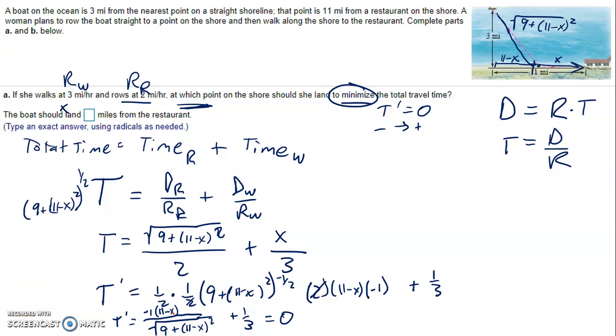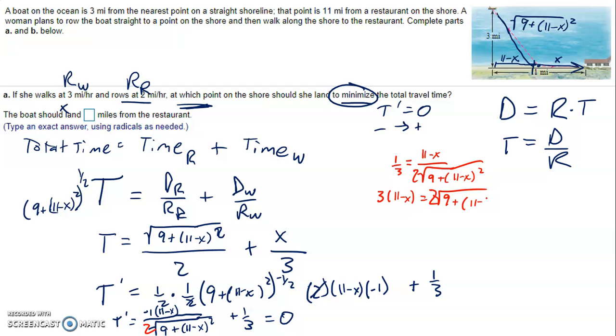So when I add this term to the other side, we'd have 1/3 equals 11 minus x over the square root of 9 plus 11 minus x squared. It's not negative anymore because I added it over to the other side. Can cross multiply, so 3 times 11 minus x is the square root. Sorry, I lost this factor of 2. This 2 should be there, and here, and here. All right, so